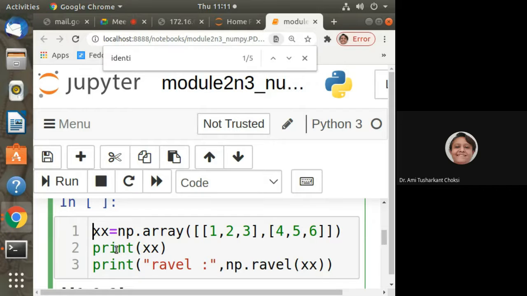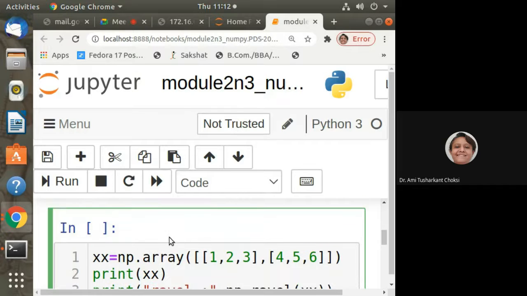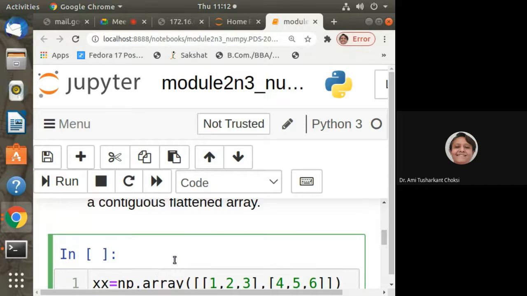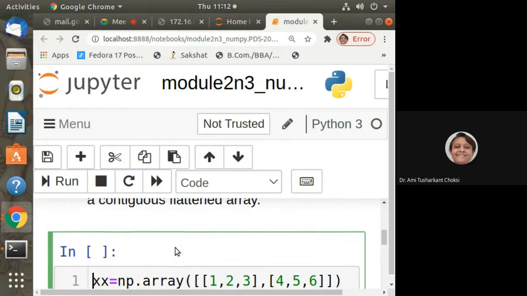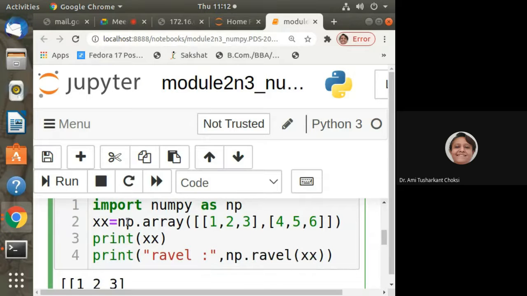Just now we have opened this ipynb file, and the effect of the NumPy import in this Jupyter notebook is not there, right? So first of all, we need to write import numpy as np. Then we'll be able to use it. Fine. So let me run this.